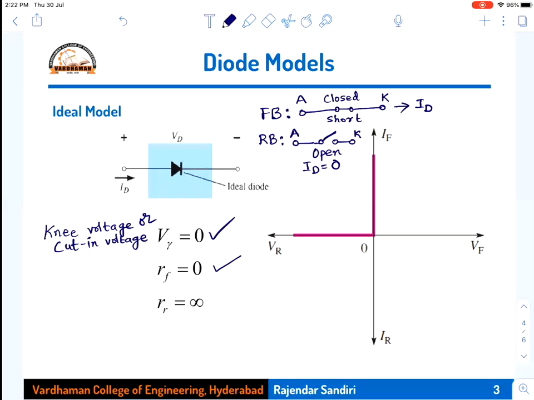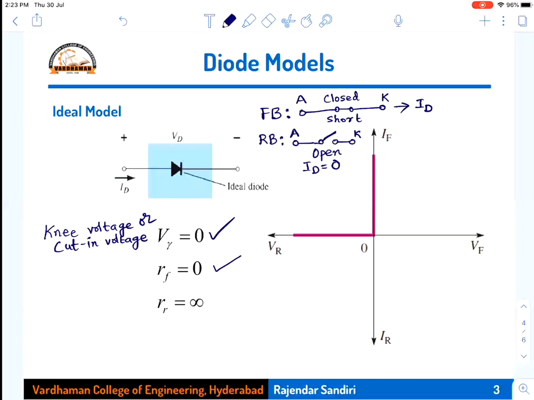So that's what we call the equivalent circuit. The equivalent circuit is nothing but the diode replaced by a switch, a closed switch or an open switch depending upon whether the diode is forward biased or reverse biased. So the equivalent behavior of the diode in the ideal case is that it acts like a switch. When it is acting like a switch, there does not exist any barrier potential. Therefore, we need not apply any voltage to cancel the barrier potential across the diode. As soon as you start increasing the forward bias voltage, that is positive voltage, the current starts conducting.